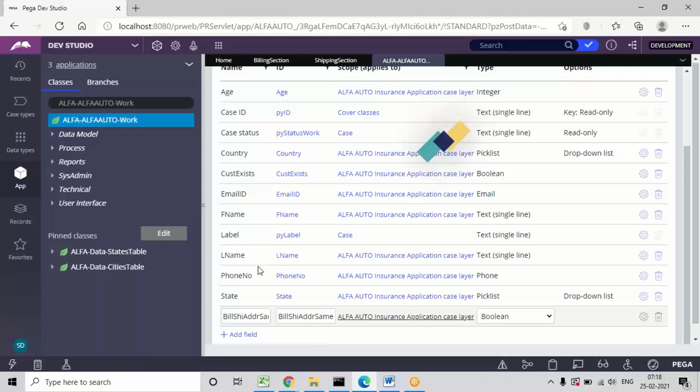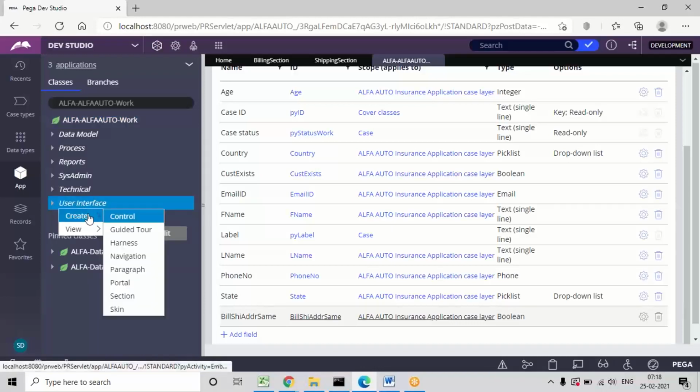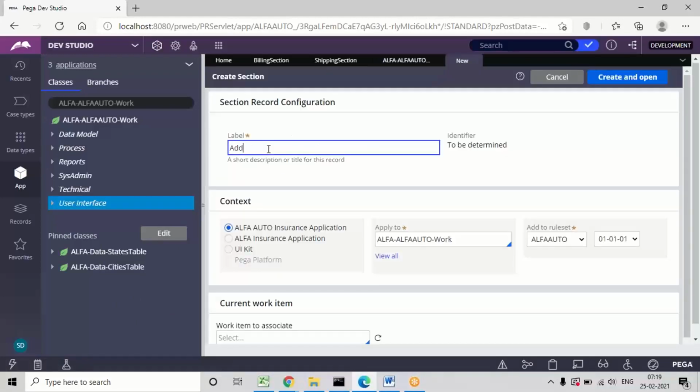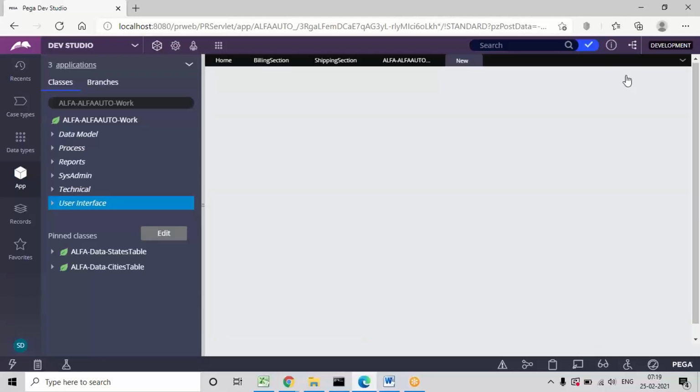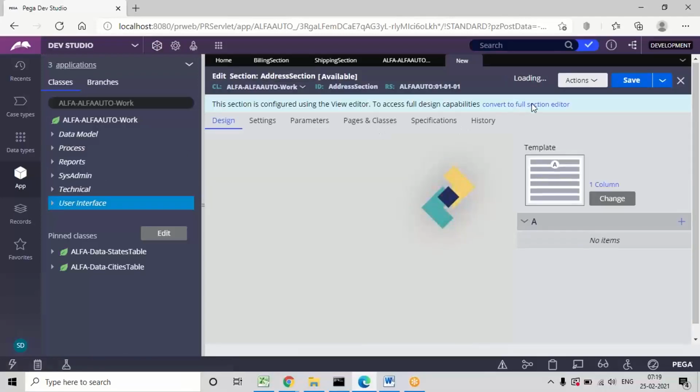So the next step is these two sections and this checkbox we are going to drop in a new section. So add a new section. Just go to convert to section editor, and no need to assign any template for this layout. When you're adding a main section, just drag and drop the other sections. No need to give any title also.